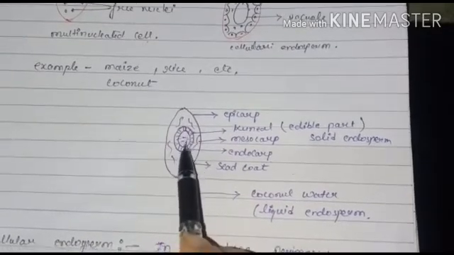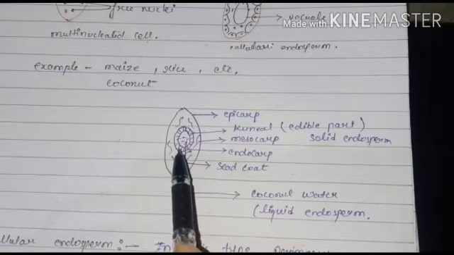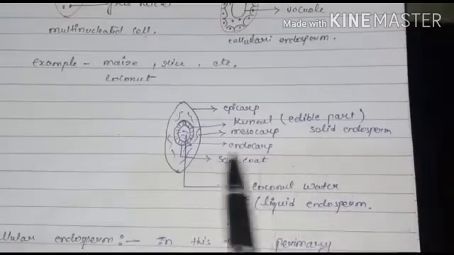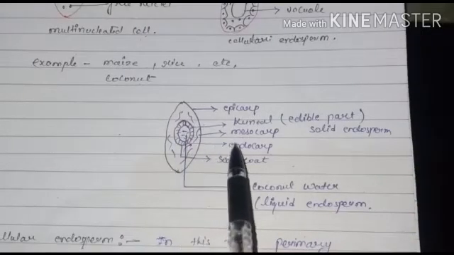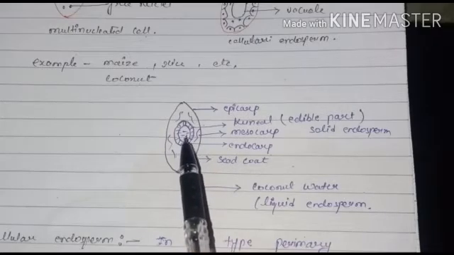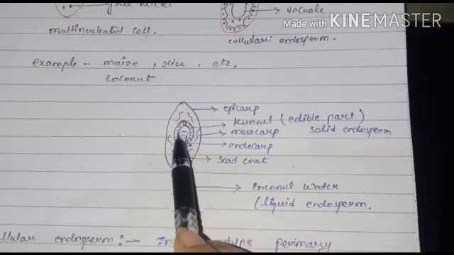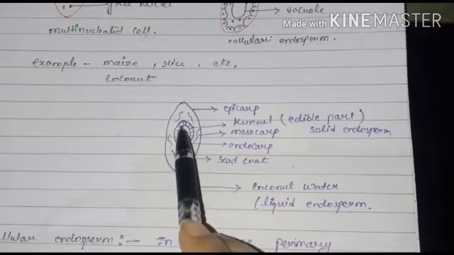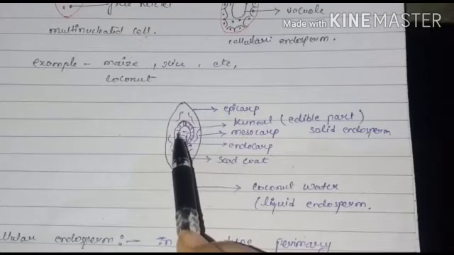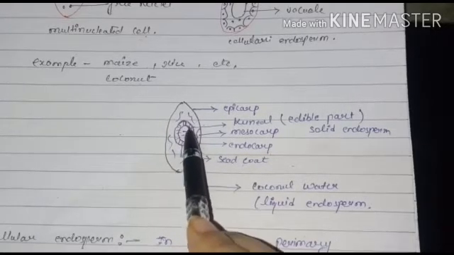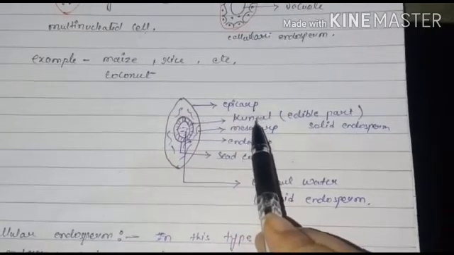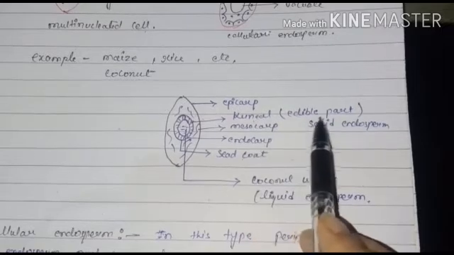In the stony part, you know that a brownish-colored thin layer is present. That is known as the seed coat. The brownish-colored layer inside the coconut, on the stony part, is known as the seed coat. After that, you can see the edible part, the whitest-colored part, which is known as the kernel, the fruit kernel. That is the edible part of the coconut.